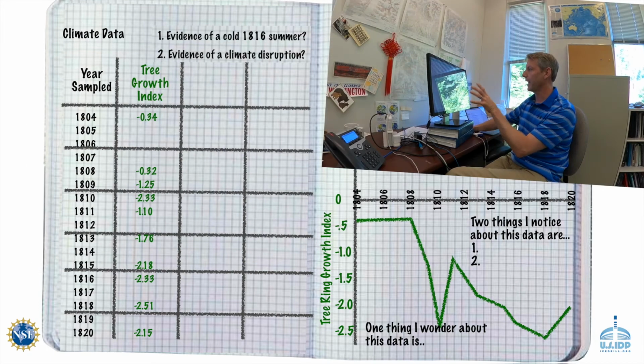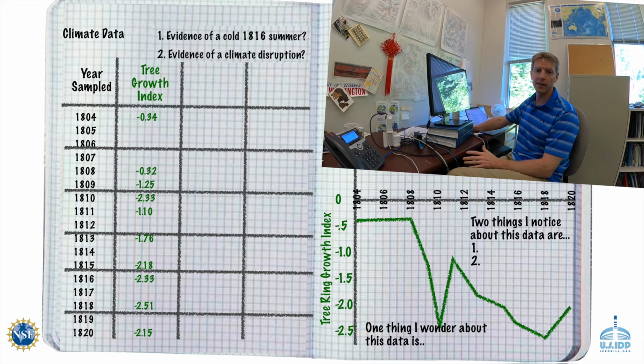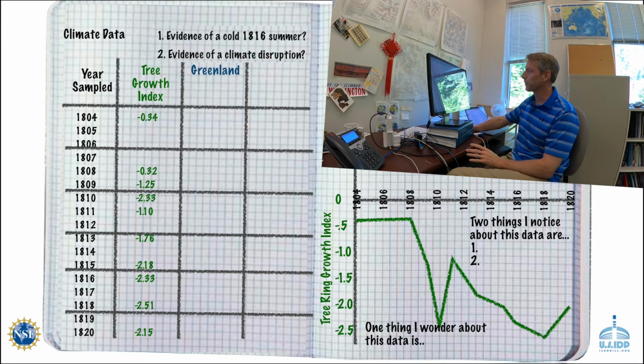All right, here we have the actual data. We've got it back from the instrument. And there's a lot of data here. We've got sodium, we've got ammonium, potassium, magnesium, calcium. But when I'm looking at these data, the one that looks the most interesting to me is sulfate. And so why don't we start there? We're going to plot up the sulfate data and see what we can see, and then think about what kind of climate disruption that might represent.